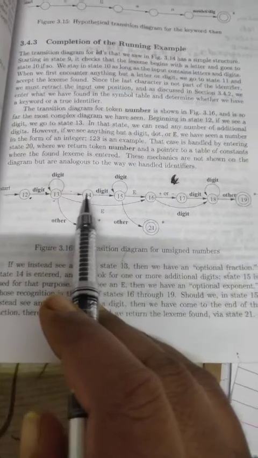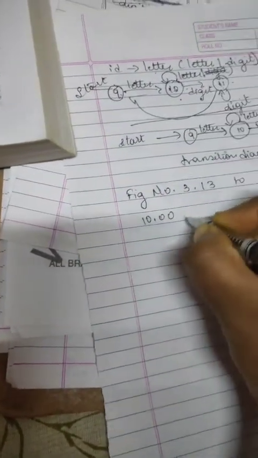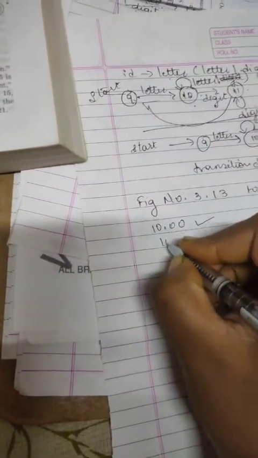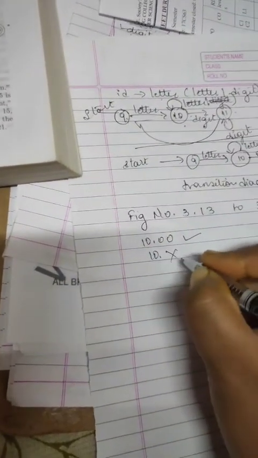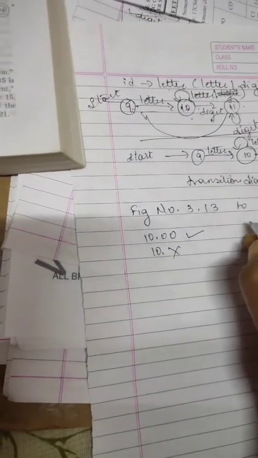A decimal is valid only if there are digits in front of the decimal point. If you write 10.00, then it is a valid decimal. If you write only 10 point, then it is not a decimal number. Okay, next we can identify a number like